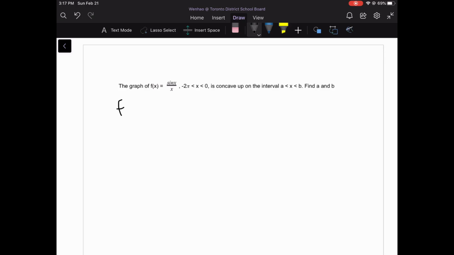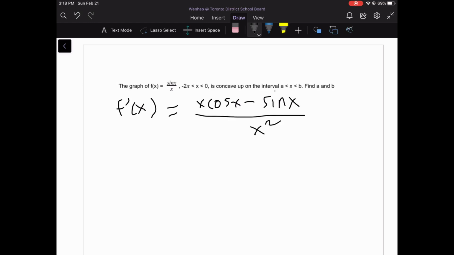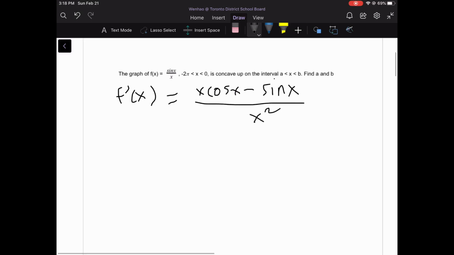So f prime of x is equal to derivative of the top, cos x, times the bottom, minus the derivative of the bottom, 1, times the top, sine x, over x squared. Alright, and now we take the second derivative. F prime prime of x is equal to,